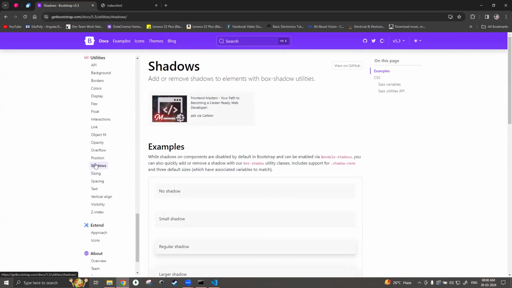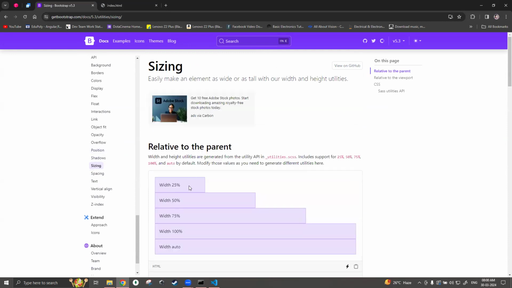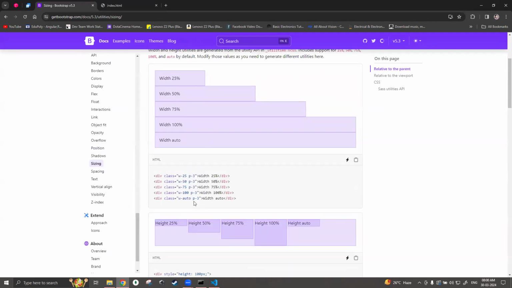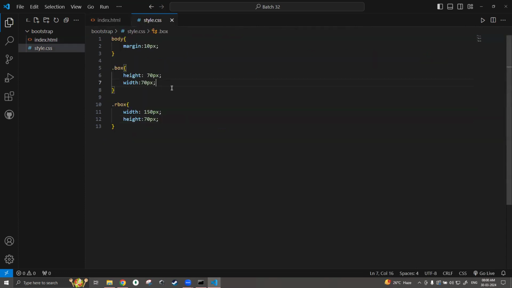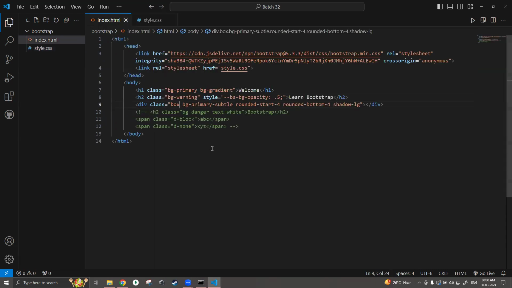Fine. Then we have sizing. Then we have spacing. Okay. So what is this sizing? Width. This is about width, height, percent. Let us check now. Where is the box? This is the box, right? To this box, I had applied some width. I'll remove the width for the time being, and I'll apply the width using Bootstrap. Using Bootstrap, I cannot apply pixel level width and height. What we have is percent level width and height sizing. So to this box, I will apply